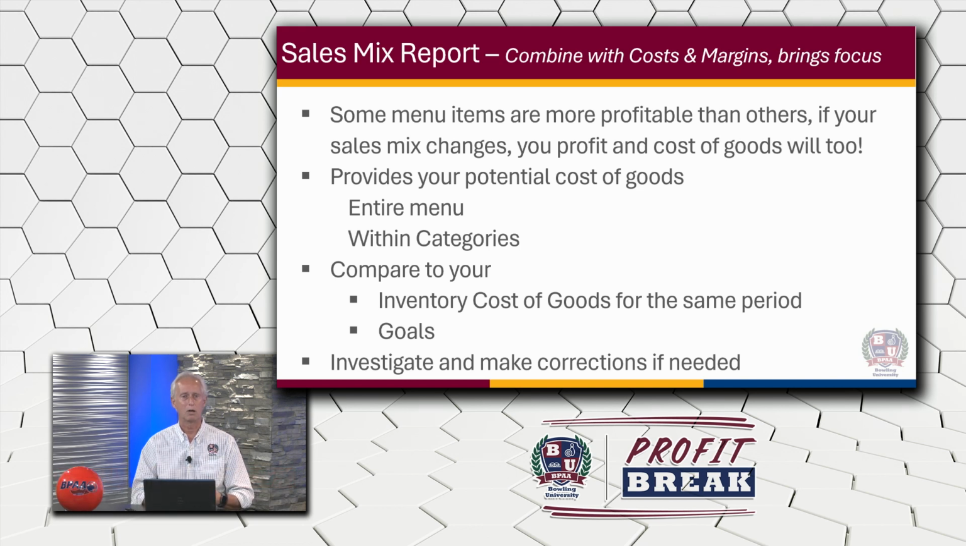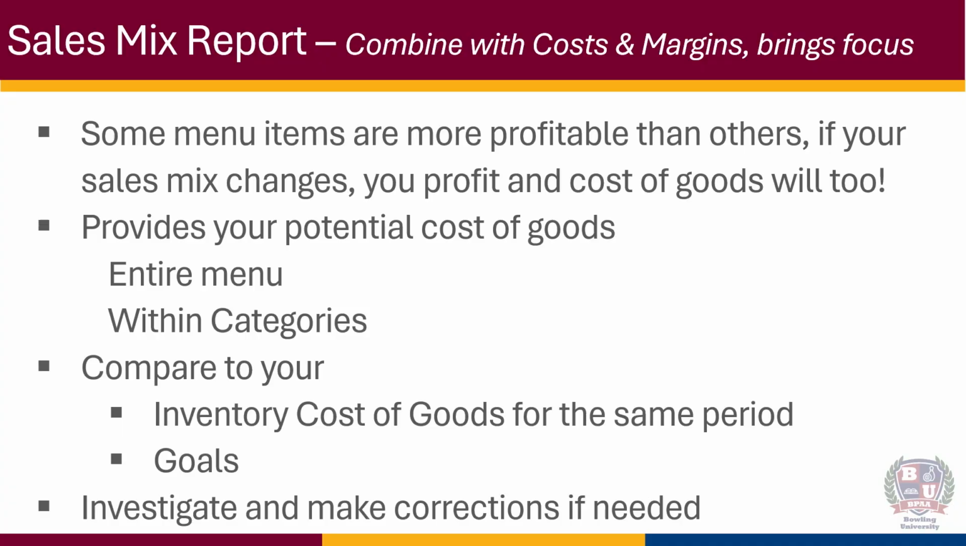Okay, so if you sell more of those, you're going to make more money. Probably also has a higher cost of goods too. Okay, so when you look at it this way and you combine it all, it kind of puts it in perspective for you. It's also going to provide you your potential cost of goods. So you're looking at your menu, you're looking at what you sold, you have your POS set up just right. You know what your cost for that entire operation should be